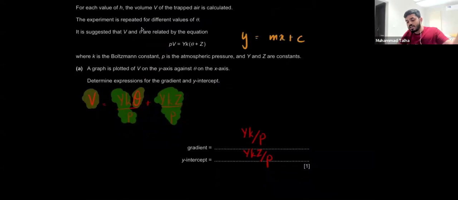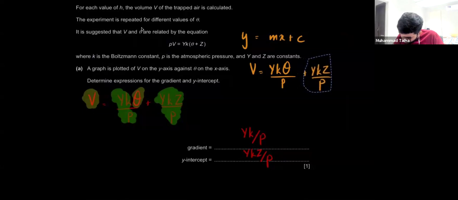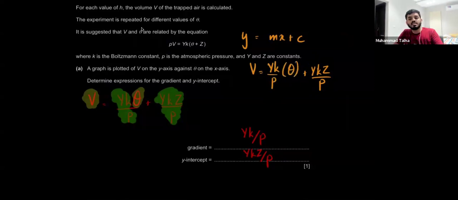you know that on the left-hand side, you have y, which is all alone, right? So here your y is v, you first need to get your v all alone. So what I do is I write it like this, yk, and I expand it all. And now I also know that theta is on the x-axis. So just for visibility, let me write it out even more clearly. I'm going to write it as yk over p times theta, just so you see that this is the x here.